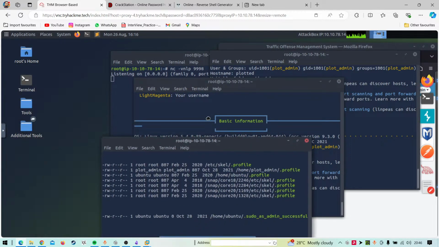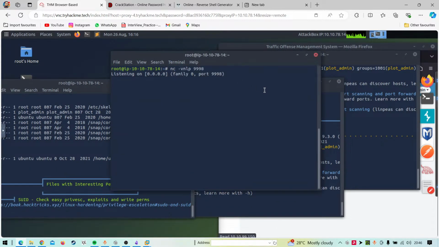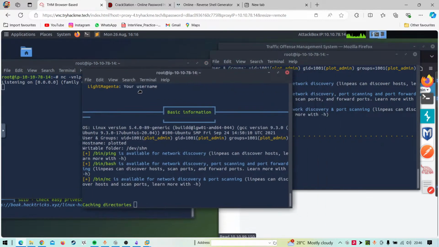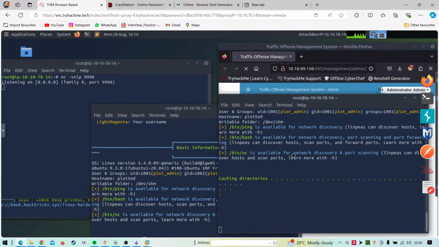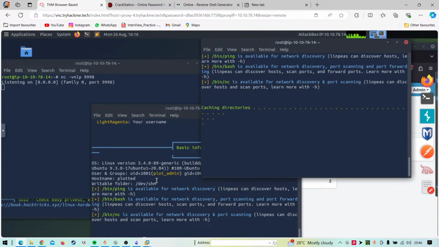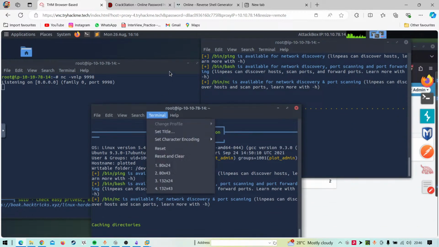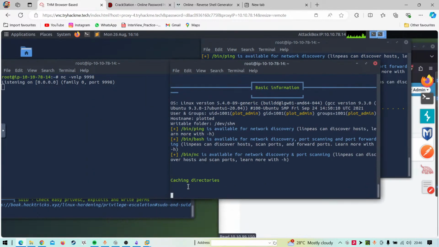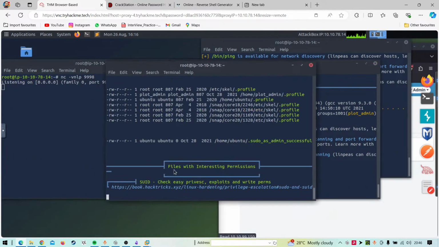These shells are so hectic for me to arrange. We have one shell right here, one here and one here.